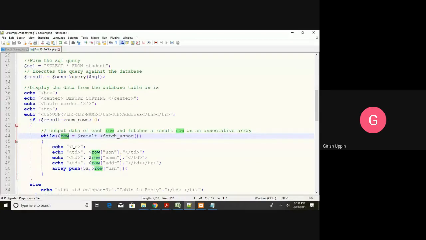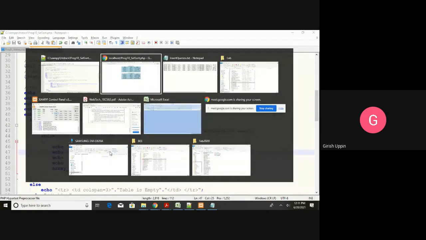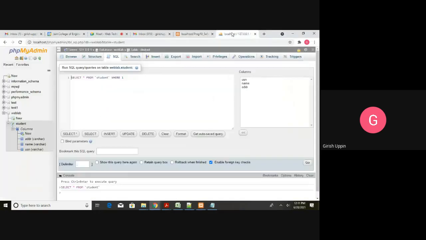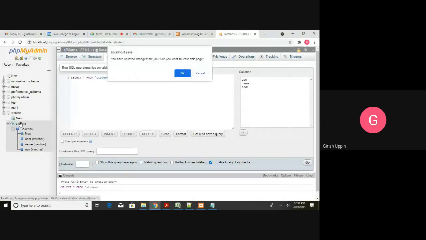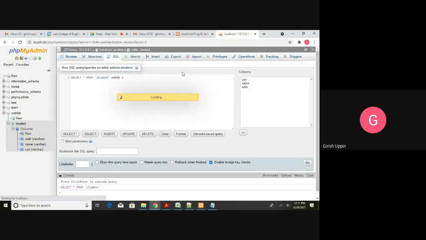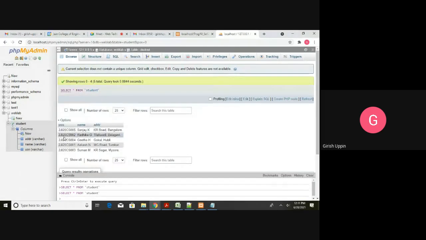Then I will begin another row. Then inside the TD concatenation dollar row USN. So I am going to fetch the first row. So I will show you in the database. In the database, okay, this is the first record, 2JI CS005 Sanjay.